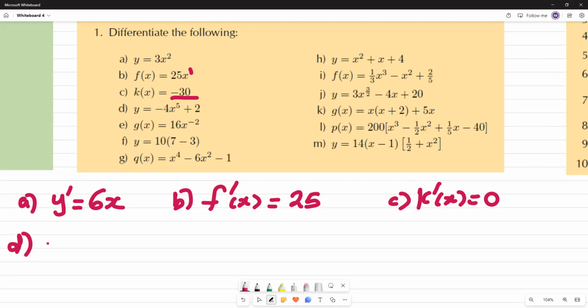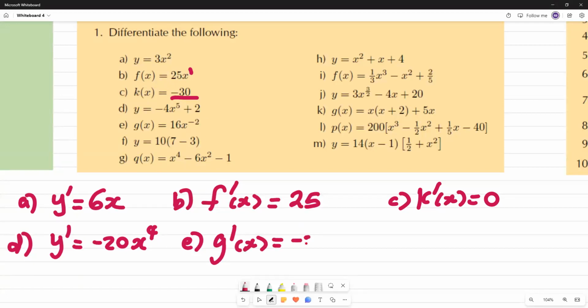So D, we're going to have y prime being equal to negative 4 times 5, which gives us negative 20. Then we're going to have x to the power 4 because that minus 1 is 4. This is a constant, it disappears. So it means we're done with D. Let's do E now. We're looking for g prime of x, which gives us 16 times negative 2 is negative 32. Then we're going to have x to the power negative 3 because negative 2 minus 1 is negative 3. And then on F,